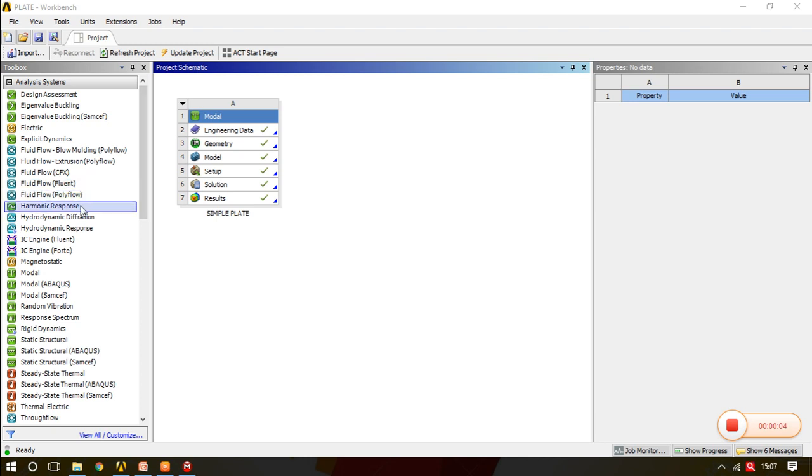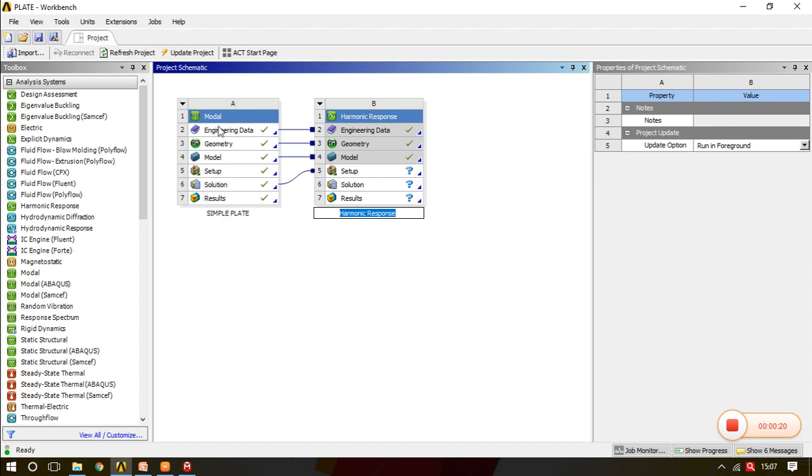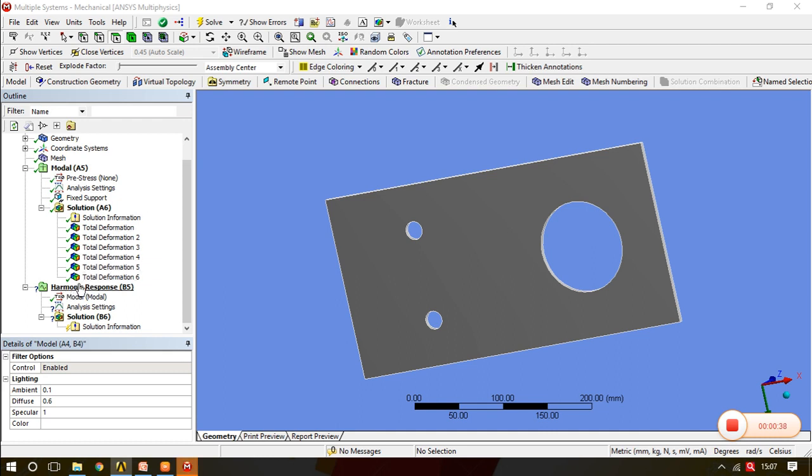Now see the harmonic response in analysis settings. This is the frequency response analysis. Here we will apply the forces and bring this harmonic response, or rather drag this harmonic response and put it into the solution cell. So what we are actually doing is providing the modal analysis solution to the harmonic response, but when we try to click on the model, there will be no change. If we want any changes, or if we want to apply any forces, we go back to the modal analysis, where we have created the harmonic response exactly below the modal analysis.